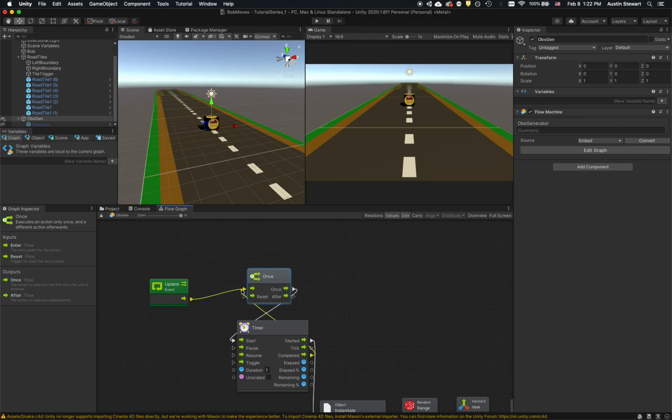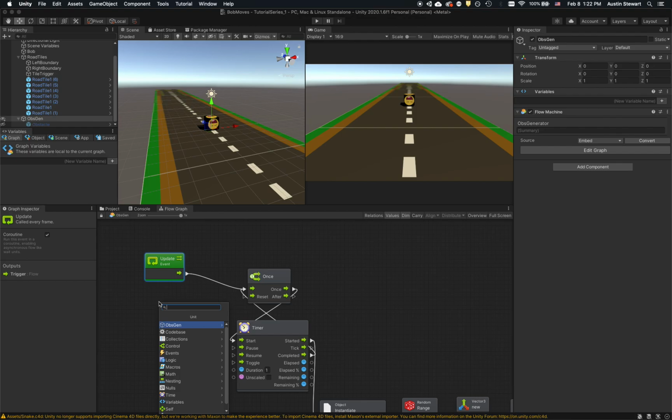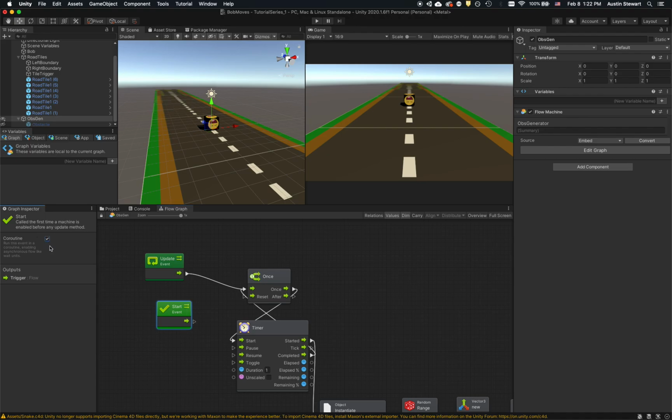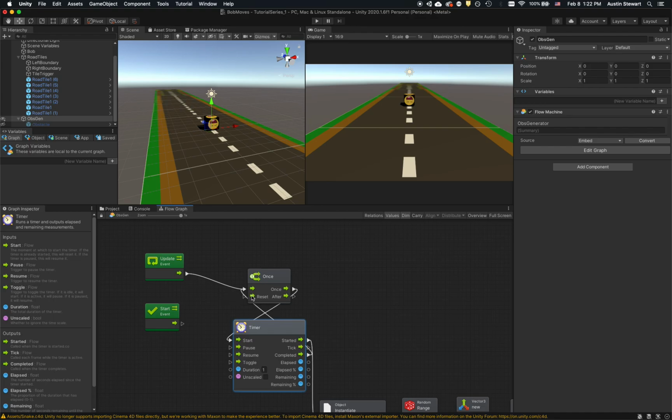So what's happening now is I know that this isn't what I want either. It's going to be sending a ton of messages in here, and so I've messed up something in here. Maybe it's that I'm using update instead of start, or maybe I do need start. So I'm going to create start again, so we can have it. I do want to make that a coroutine just in case. I've messed up my connections here somewhere. So what once does, and having this connected to update is really going to show us what happens. So if I run this,